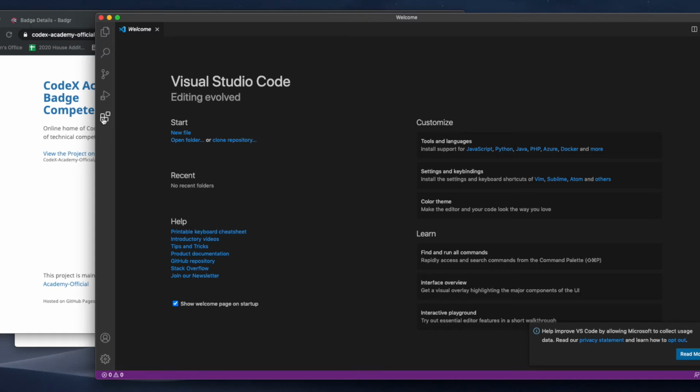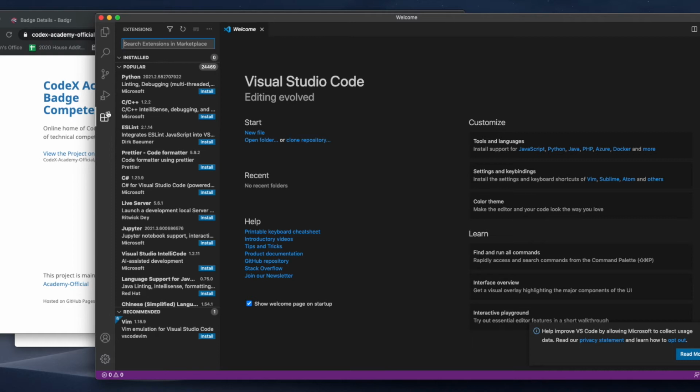So I'm going to go here to this little box of four boxes, where one is going to form the complete square, and that's the extension section. Now, I want to point something out. You can't really see this probably, but if you go into your own VS Code and just hover your mouse over